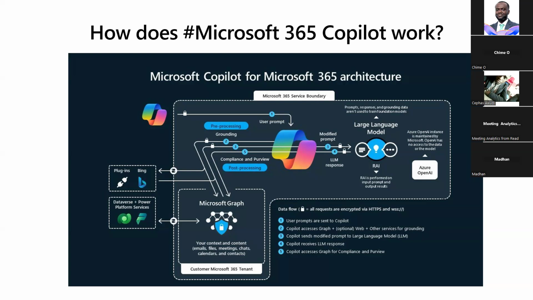It has to receive an input from a user. It can be from Word, where you have to write something as you've seen on that screen, or PowerPoint, or Teams, or Excel. If it receives an input, then you can see Copilot right there. For example, there's an input that comes in, and then the Copilot will pre-process that input.